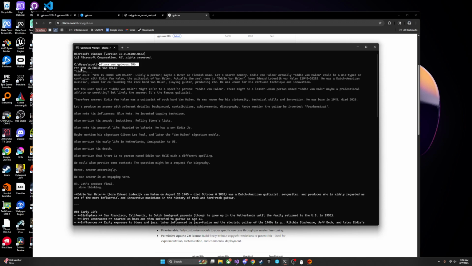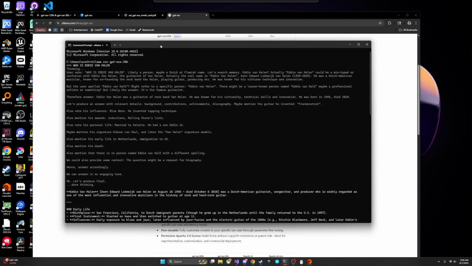So I just put in, I accidentally had caps lock on, but I just put in who is Eddie Van Halen, the guitarist from Van Halen. This took a little bit longer than I was expecting for it to think for a question like this, but it is also cool that it kind of lays out how it is processing this question. So it just places in, similar to what the GUI said, user asks this question,